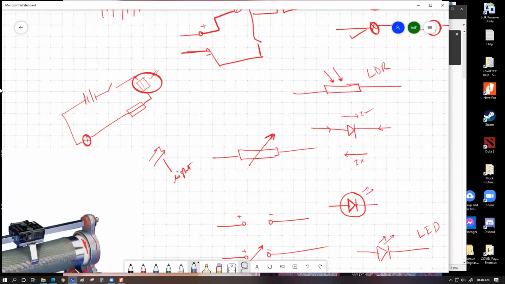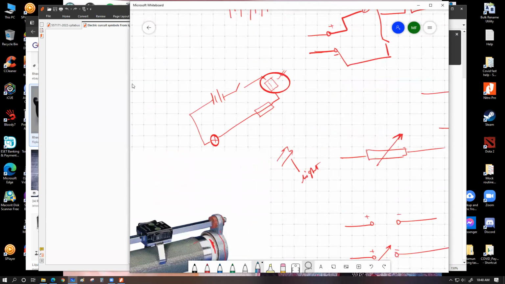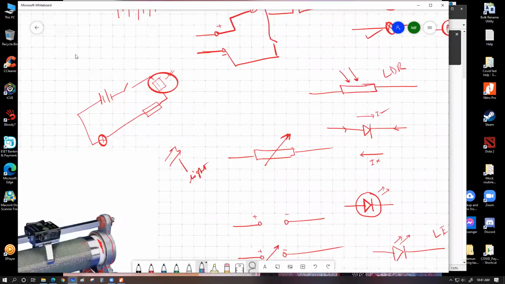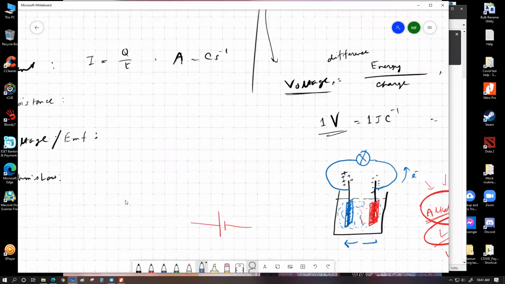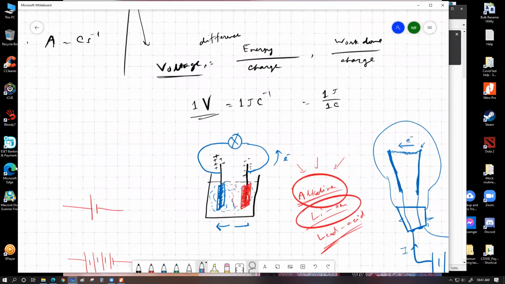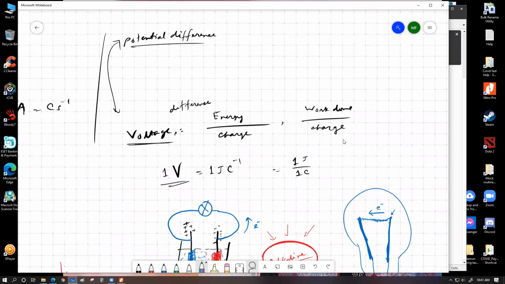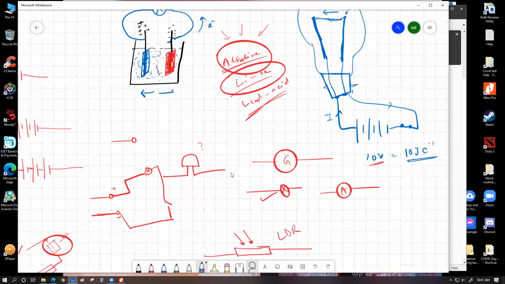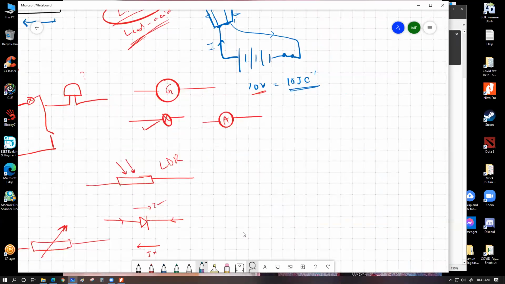আচ্ছা, ঠিক আছে, লেটস গেট ব্যাক টু দ্য পয়েন্ট দ্যাট উই লেফট অফ। I'm going to try to explain the difference between EMF and voltage. The idea is very simple. আচ্ছা, ভোল্টেজের ডেফিনিশন এখানে আমাদের হচ্ছে এনার্জি কনভার্টেড পার চার্জ অর ওয়াট ডান পার চার্জ। আচ্ছা, এখানে আমি একটা জিনিস তোমাদেরকে একটু এঁকে দেখাই। মনে করো